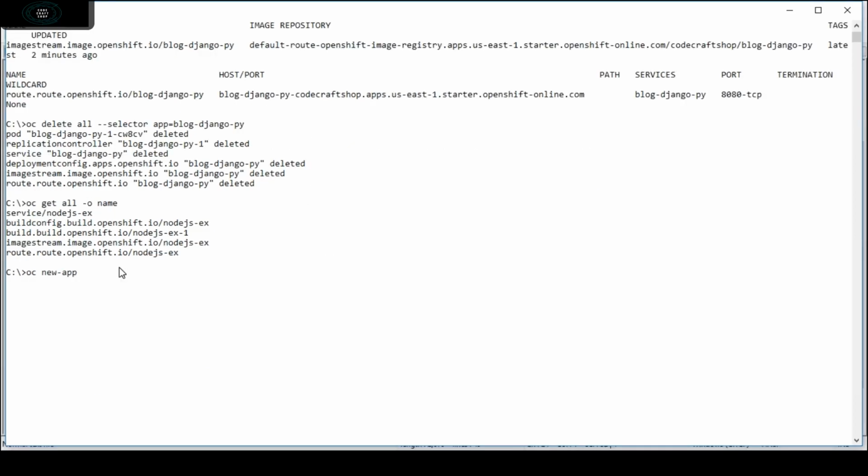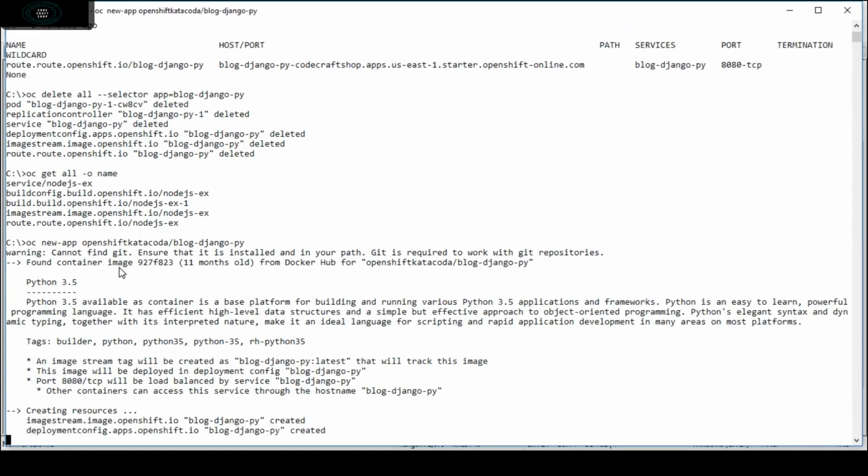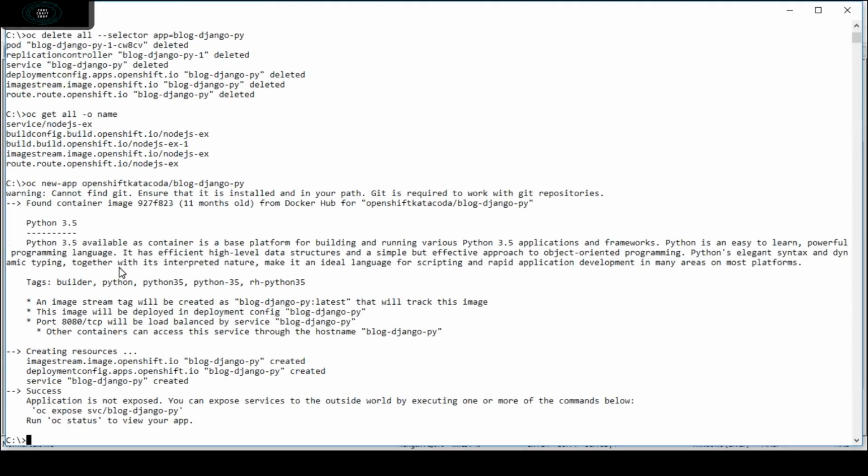Using this command, oc new-app and the name of the image, I will deploy the application. It has created the application, and now we will check the resources.